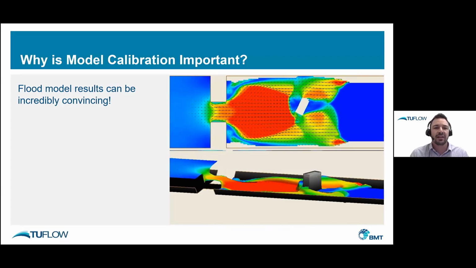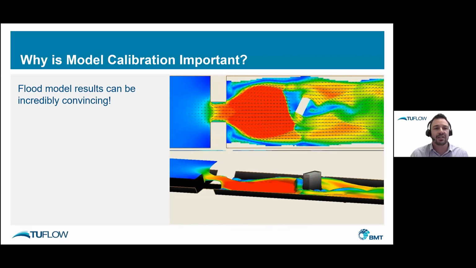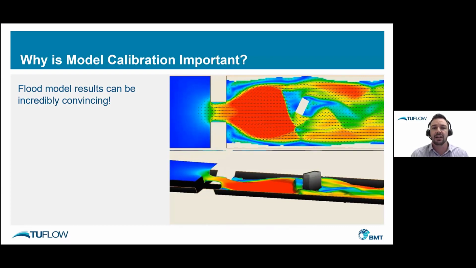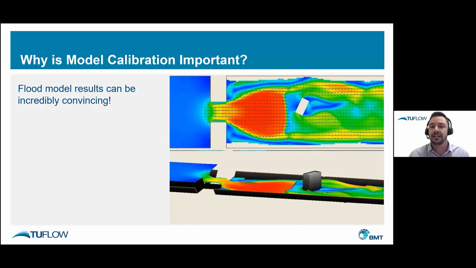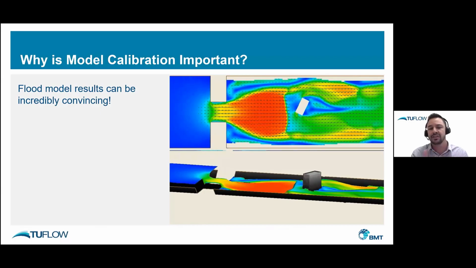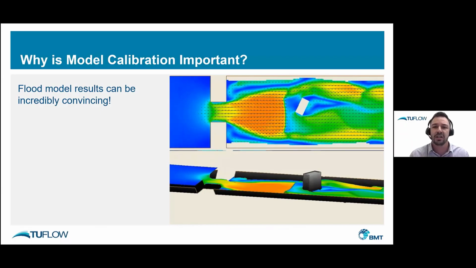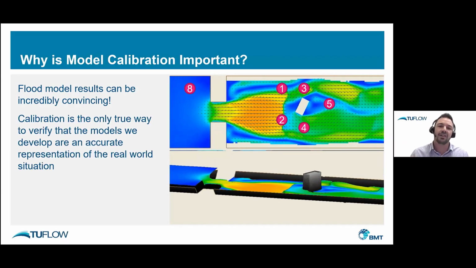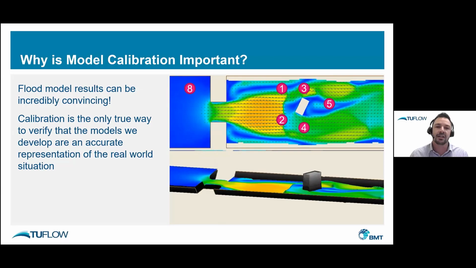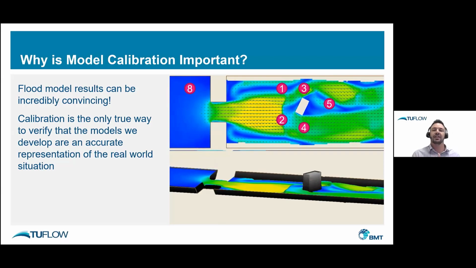One of the challenges we face is that these 2D flood models that we develop are incredibly convincing. There's an animation there of a dam failure flume test where you've got water breaking out of a dam, pushing up against an obstruction. It looks great. Is it right? The only way that you can tell if these answers are right is to calibrate against known historic events. Otherwise, there's just no way to really know the true bounds of uncertainty in the result from your modelling.